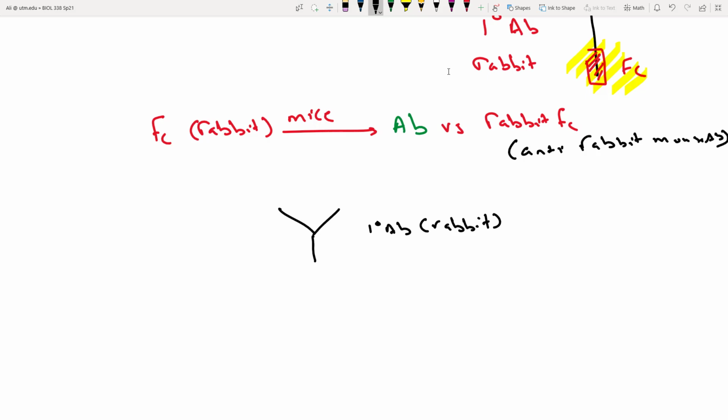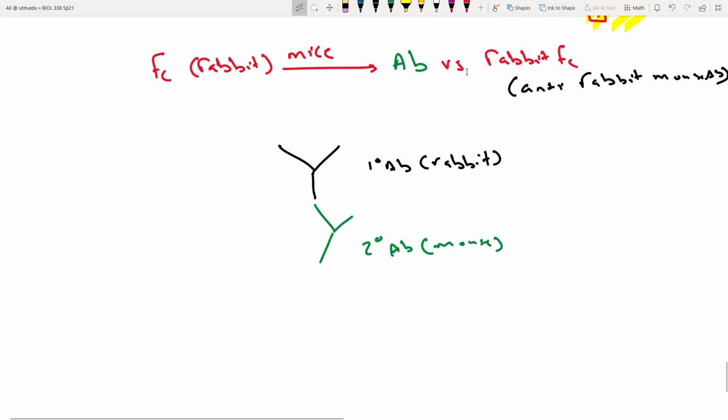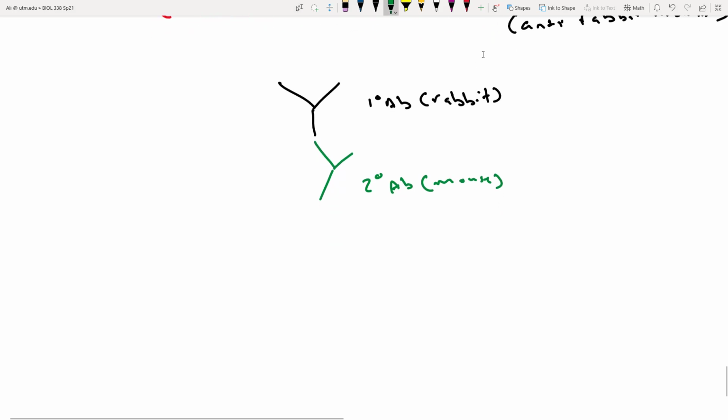So if I put this antibody in, well, this antibody, its variable region, will bind to the Fc region of our primary antibody. Now you might be saying, okay, well, that's neat, but what's the point? Well, the thing about secondary antibodies is once you have isolated the secondary antibody, for example, anti-rabbit mouse antibody, what then happens is that you do a little bit of genetic engineering. And the genetic engineering that's done is that an enzymatic domain is added to the Fc region of the secondary